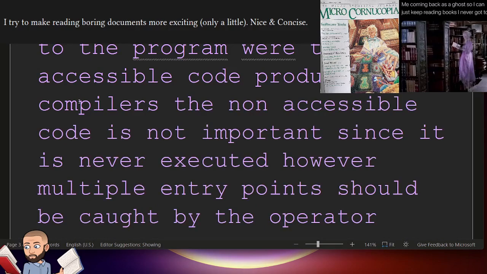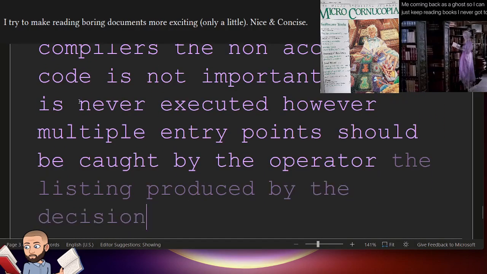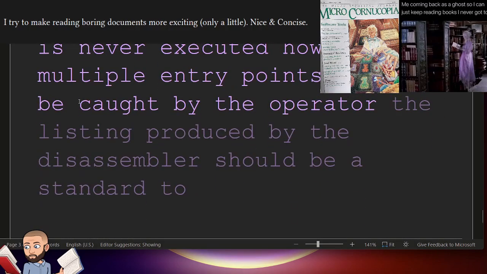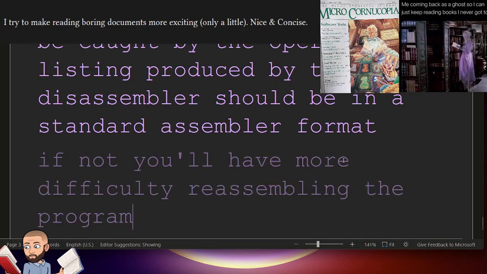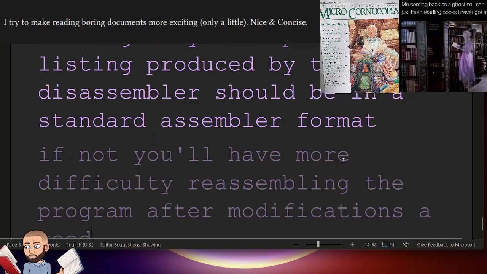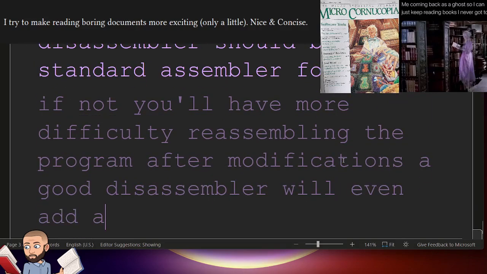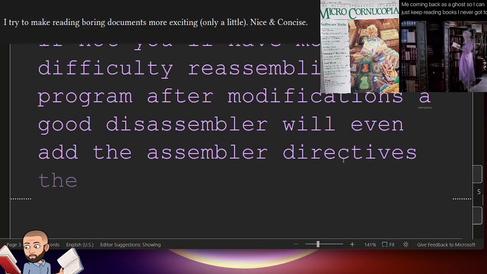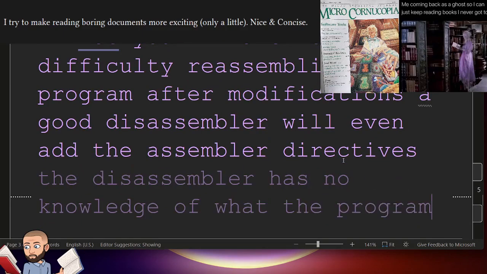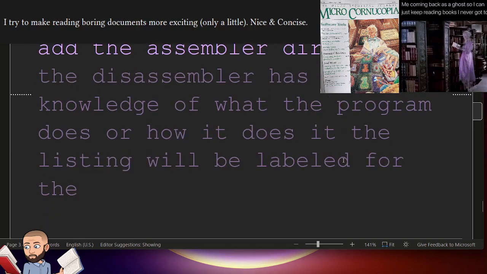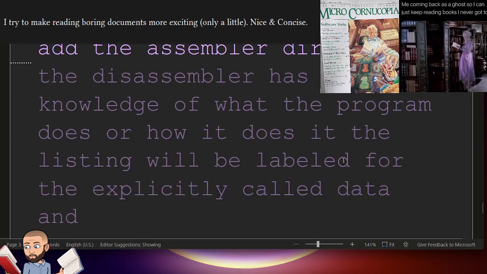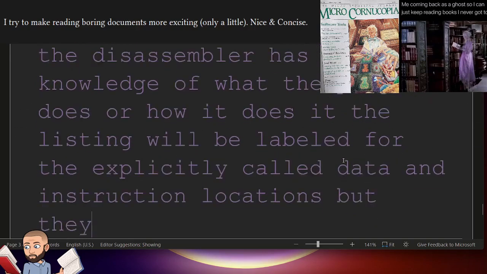The listing produced by the disassembler should be a standard assembler format. If not, you'll have more difficulty reassembling the program after modifications. A good disassembler will even add the assembler directives. The disassembler has no knowledge of what the program does or how it does it. The listing will be labeled for the explicitly called data and instruction locations, but they will have some sequential format